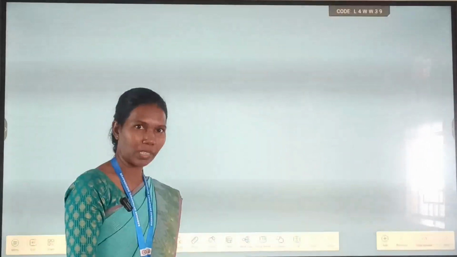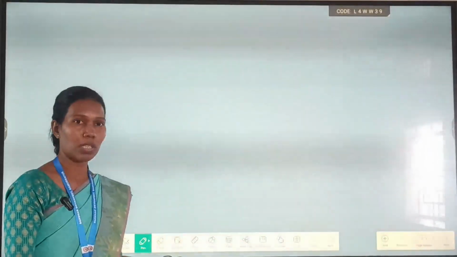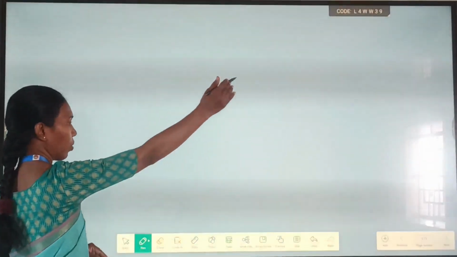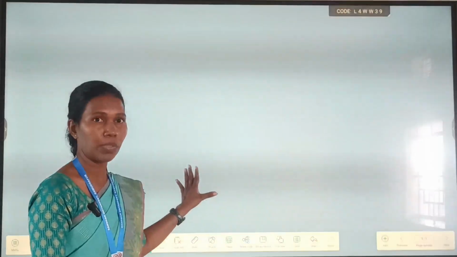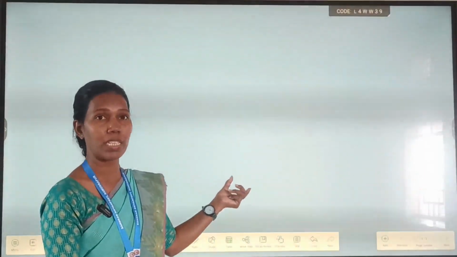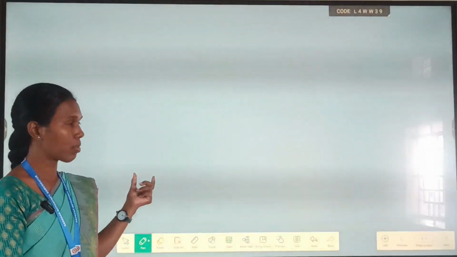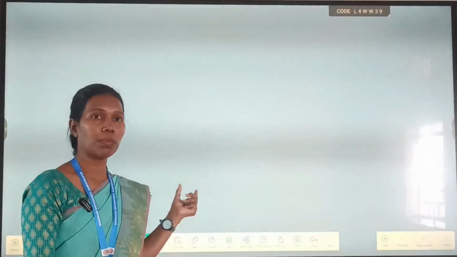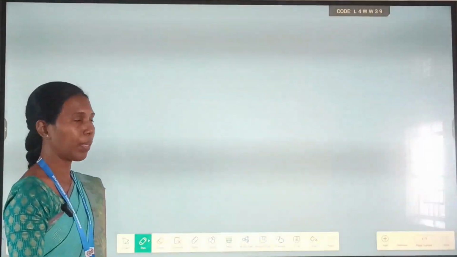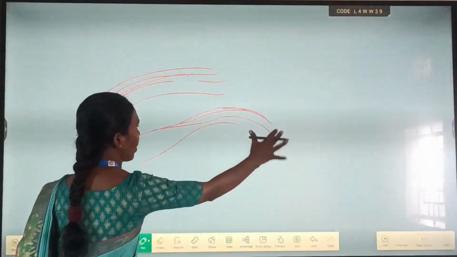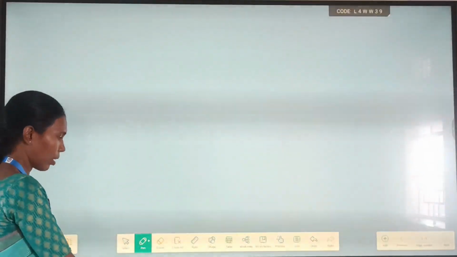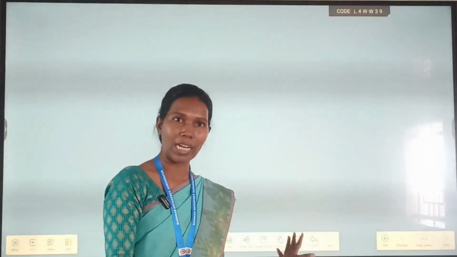First we take a little bit of information about the hardware of this audio visual digital interactive panel board. This is the 75-inch panel board. The second thing is the 4 mm tough glass, which is not easily damaged. Then there is the Android 11.0 operating system. At a time a number of people can write in the same manner, which means the lagging issue is not related to this panel board. This is all about the hardware information.